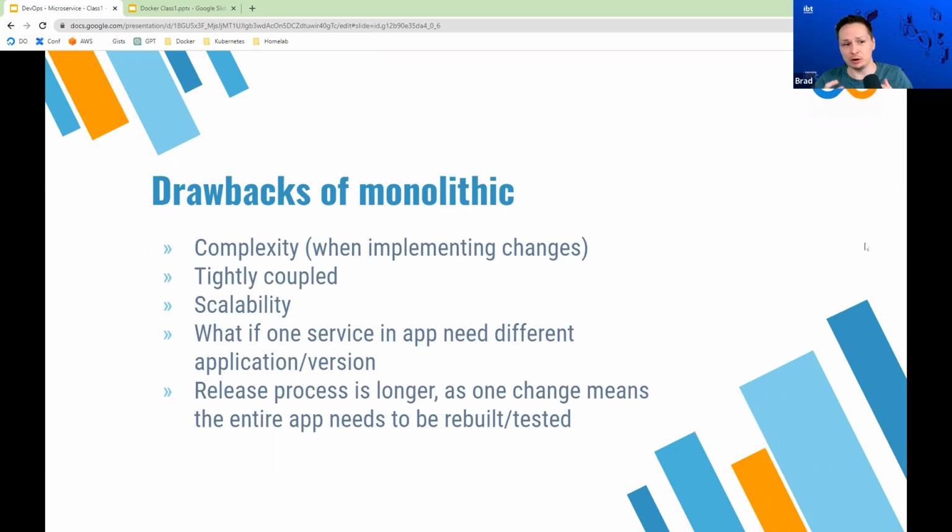Monolithic architectures are somewhat simpler than a microservice architecture because you're basically working with a single code base and you can just look in that code base and find everything that you need. However, you need to be very careful when you actually make changes, right?